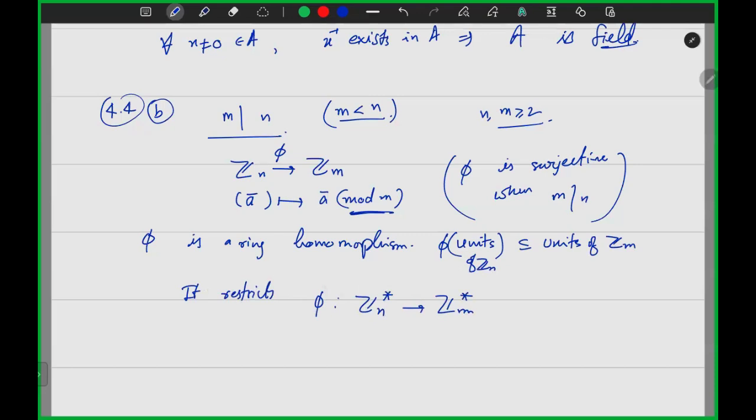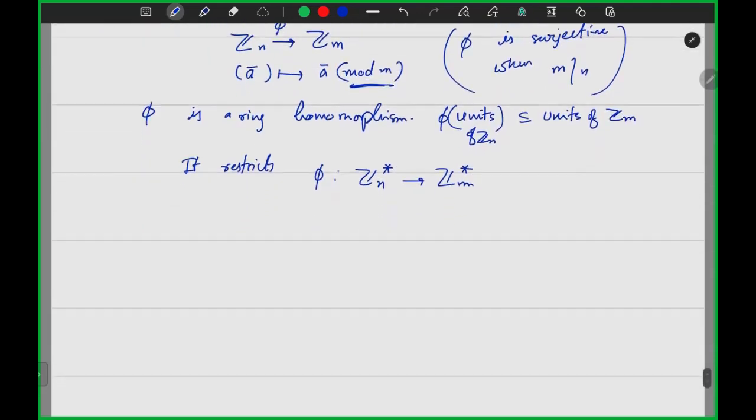We have to show this is surjective. If n is, let's say, p1 to the power m1 up to pr to the power mr, then Z_n can be written as a product of these rings: Z_{p1^m1} cross Z_{p2^m2} cross and so on,